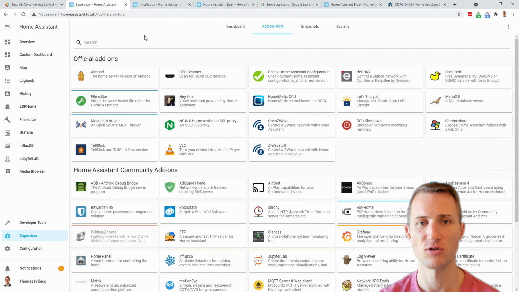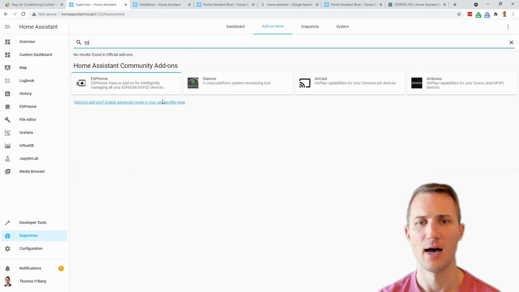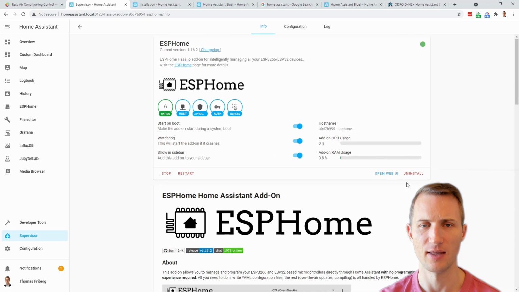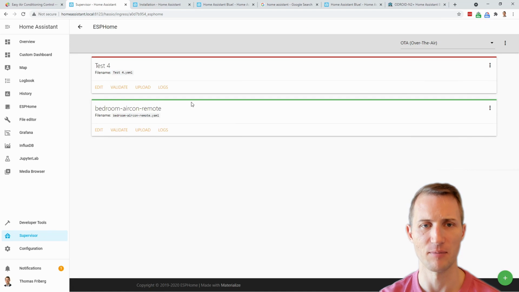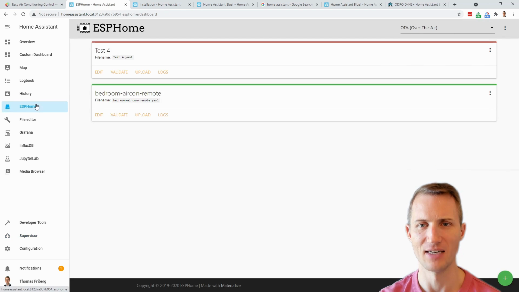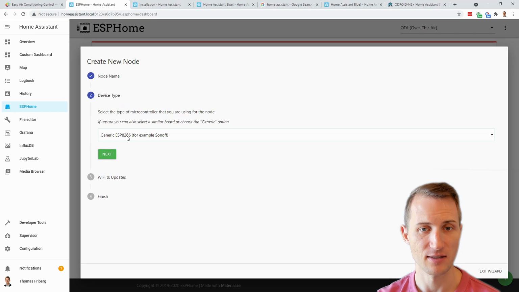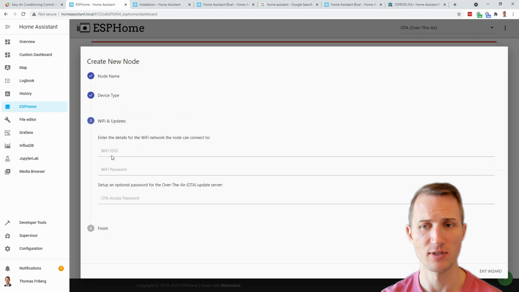So go over to the add-on store, ESPHome. You will see where the stop button is, an install button. In this case, I've installed it, and now I'm going to the interface, the page there. You'll see there are two devices. I'm going to add a third, and this is so we can create a piece of software or firmware that we're going to send to the air conditioning controller. In this case, it's a generic ESP8266 device,